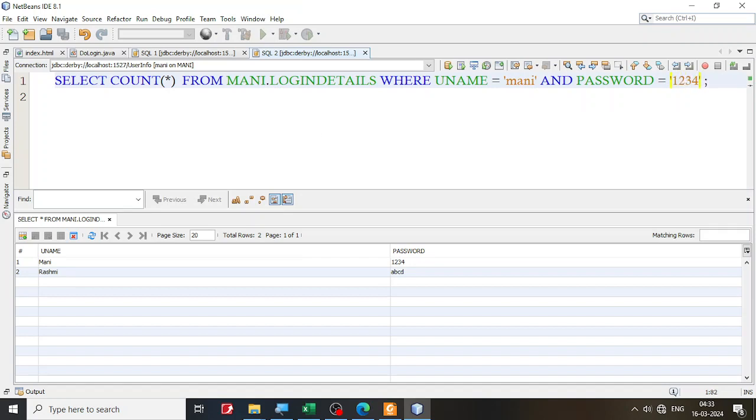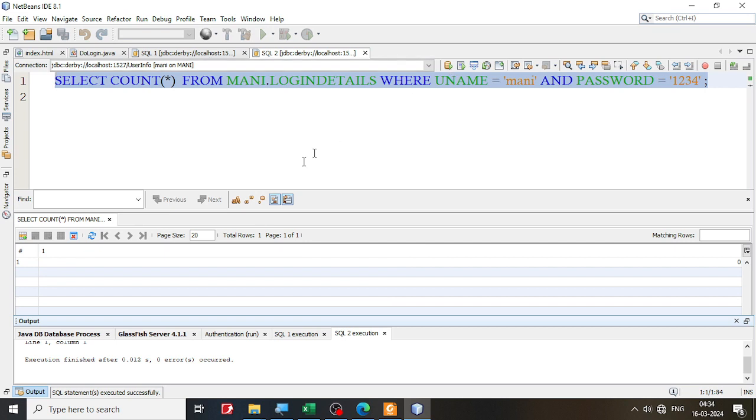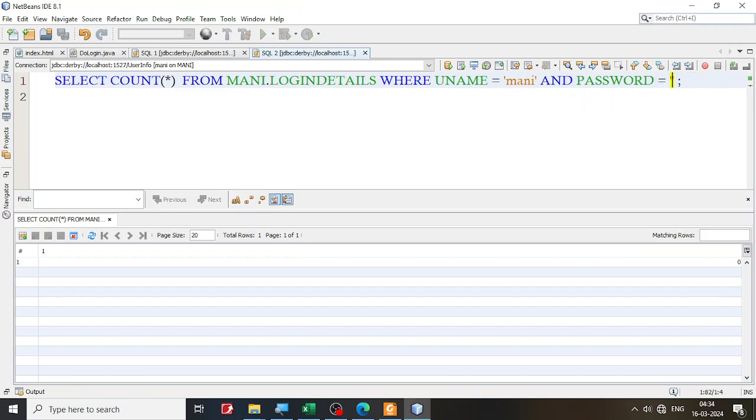This is the information that is stored. I am counting. If you select this one and run it here, you notice there is an option to run this query. So if you run this particular query here, you get the count as 1. That's true, there is only one record. That is what I'm going to do. If the username and password are matching, you are going to get it. Suppose the username and password are not matching,